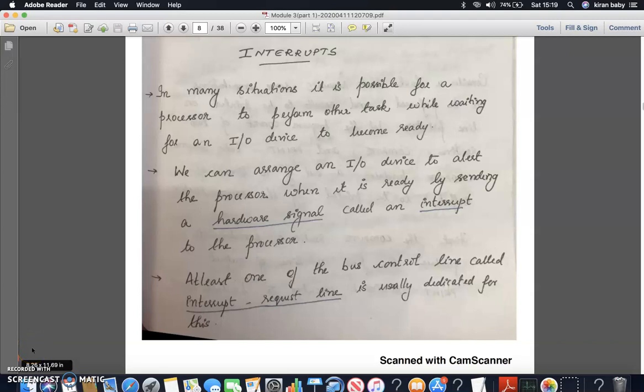So in this video, we are going to see the second method by which the processor and the input-output devices are going to communicate, that is interrupt. In many situations, it is possible for a processor to perform other tasks while waiting for an input-output